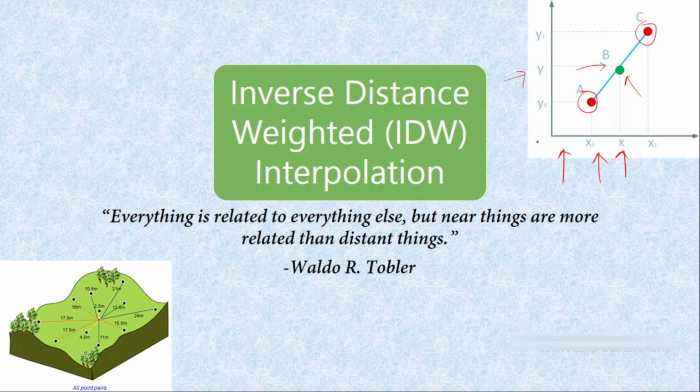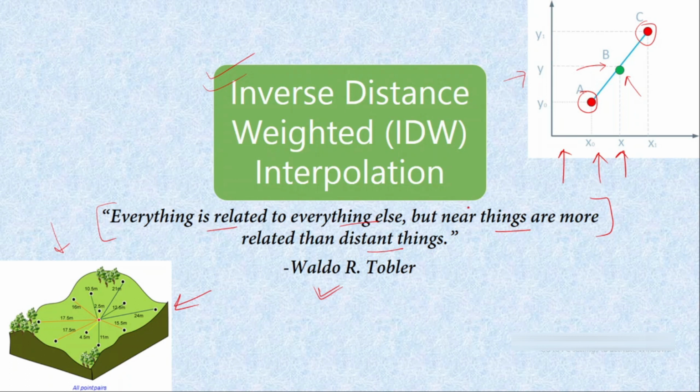We are going to use the same concept, but when you come to the distribution of not only 2 points but an array of points, there are so many points that you come across, then your interpolation gets a little bit complicated. So there comes this IDW interpolation, which makes things easier. Now if I were to define IDW, I would use the very famous quote given by a very famous American geographer, Waldo R. Tobler. He said, "Everything is related to everything else, but near things are more related than distant things." This is a very perfect definition given by Waldo for the IDW interpolation.